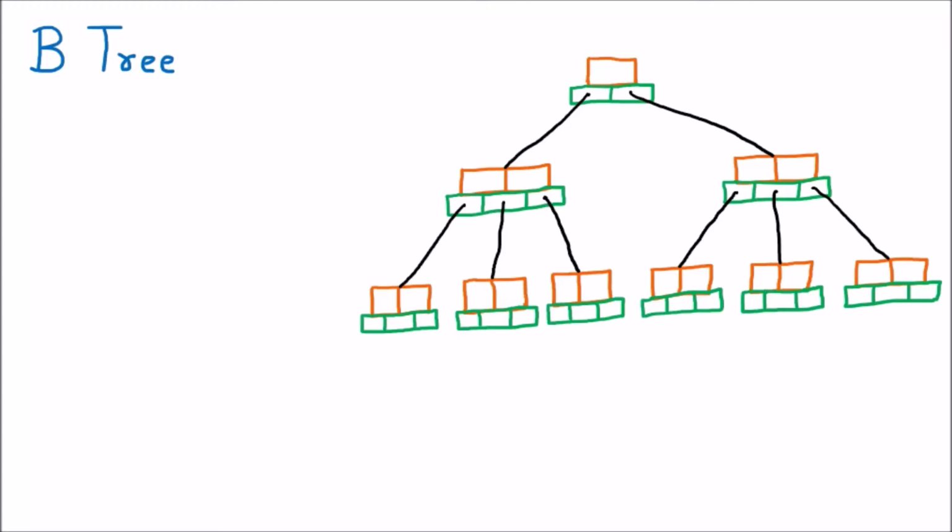Now we are discussing the B tree. As we know, we have the AVL tree, which is Adelson-Velsky and Landis, and that tree is the height balance tree, where we have two children, and obviously this tree will balance itself. Similarly, here we have the B tree.